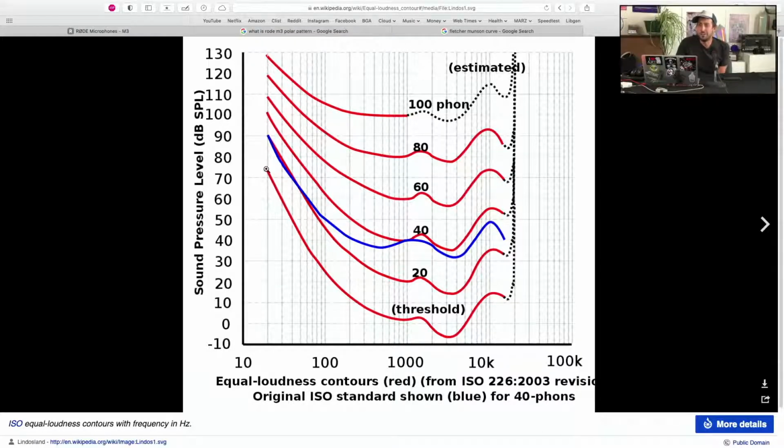Basically, the lower the frequency, the more energy it takes, or the louder it needs to be for us to hear it at the same volume. So, like a 20 hertz tone at 70 dB SPL is equivalent to a 1000 hertz tone at about 1